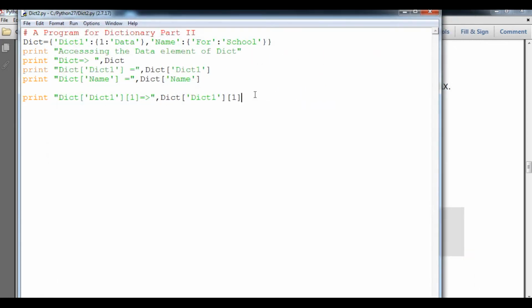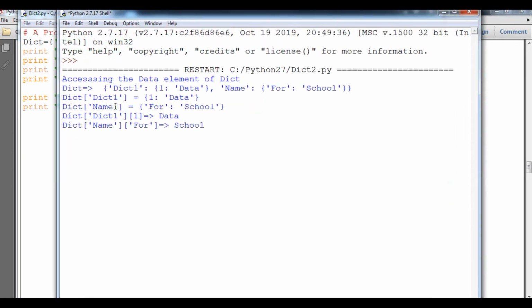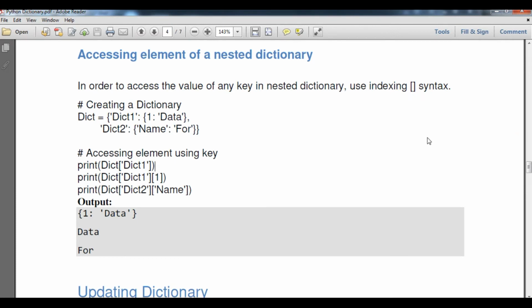And the second thing, if I'm going to print another one, that is, if I want to say school, then I will change the key, this time the key is name, and the key for that is for, not any 1 or 2, because a dictionary does not support the index value, it supports the keys directly. Keys should be the same as mentioned in the dictionary. So here we can say name, and inside that for. Now we are going to run it, and now you can see here is school. So you can see school we have printed. So student, I hope we have understood that.